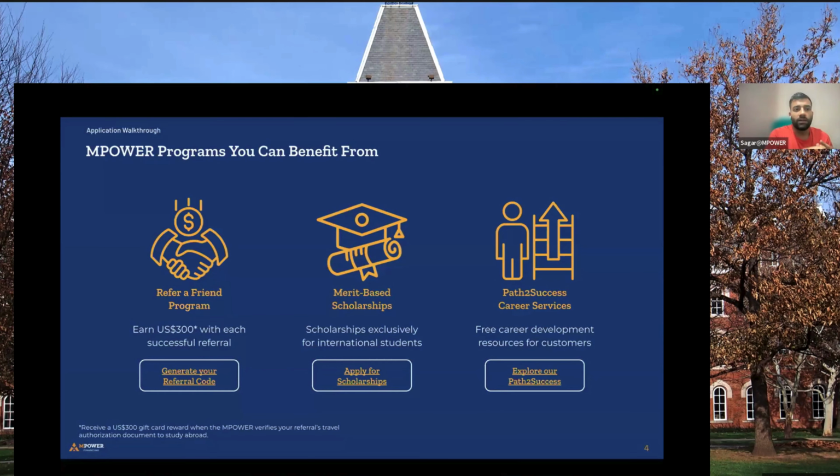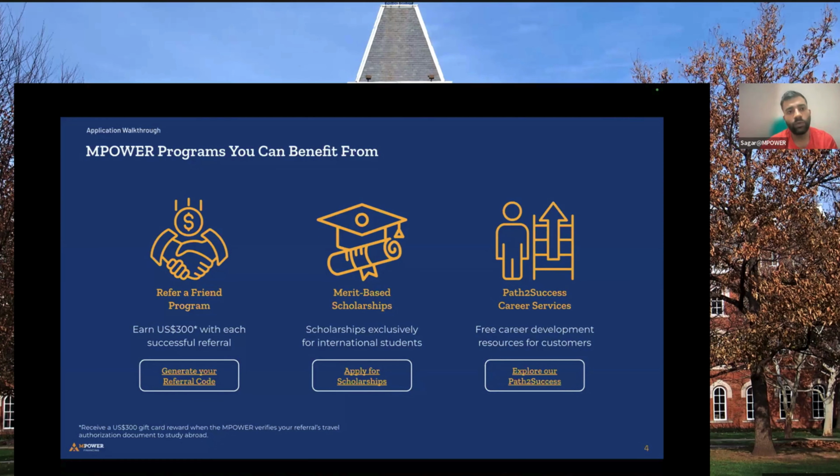The first one being a referral program where we give out referral rewards to anyone who is referring students to take out a loan from MPOWER. Absolutely anyone can be a part of this program. You do not have to be an MPOWER customer to be a part of this program. How to be a part of this? You just need to go on the Refer a Friend page. One of our chat moderators would have dropped in the link. Just go to the Refer a Friend page, create your unique referral link, and make sure that you share your referral link with your friends who want an MPOWER loan.